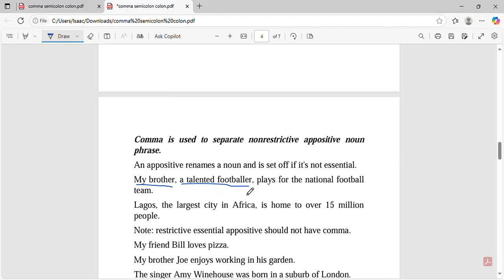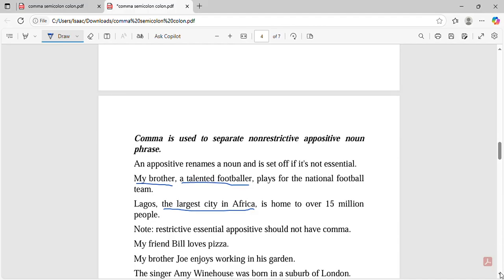This is an appositive phrase. A talented footballer is an appositive phrase. It's simply renaming my brother. So, I use commas to separate this appositive phrase. Lagos, the largest city in Africa. So, what is the largest city in Africa? Lagos. So, the largest city in Africa is simply renaming Lagos. Take note,